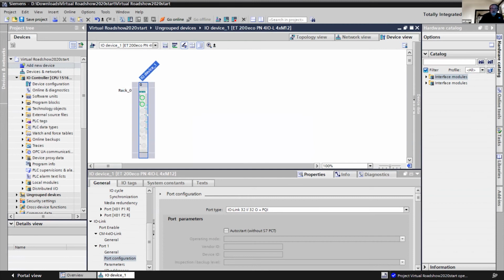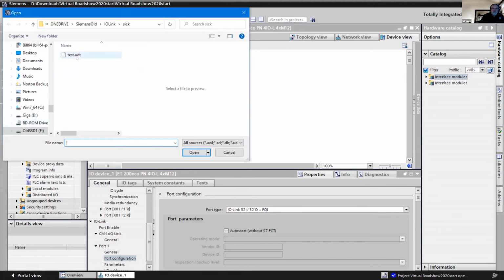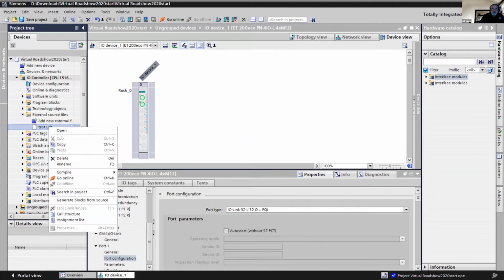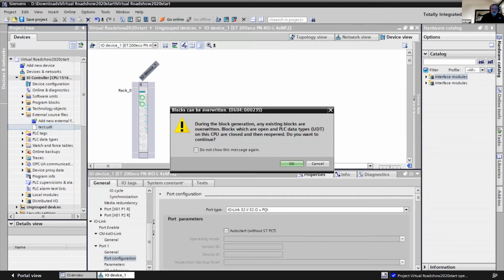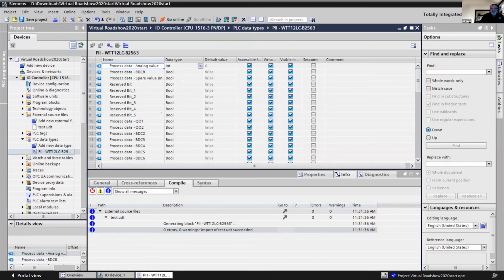And now we'll see we've got our actual device here, and we can import in those tag names. So I can do an external source file. And if I go over and grab that test UDT that it created, I can generate some tag blocks. And now we see we've imported into our TIA all these different bits that were pre-configured through that IODD